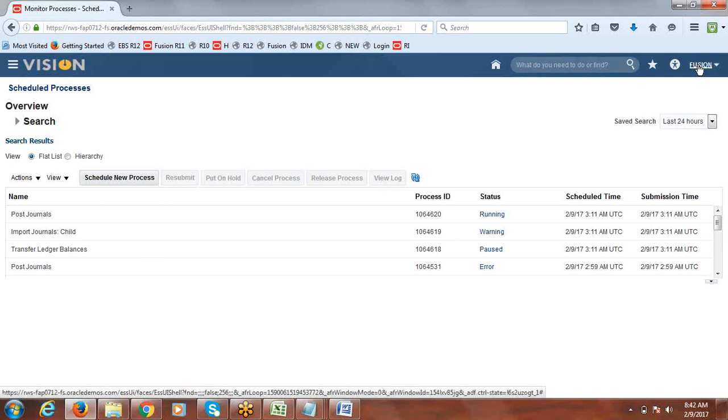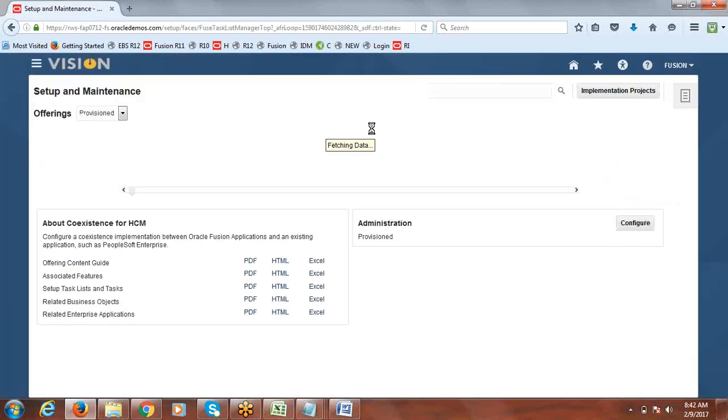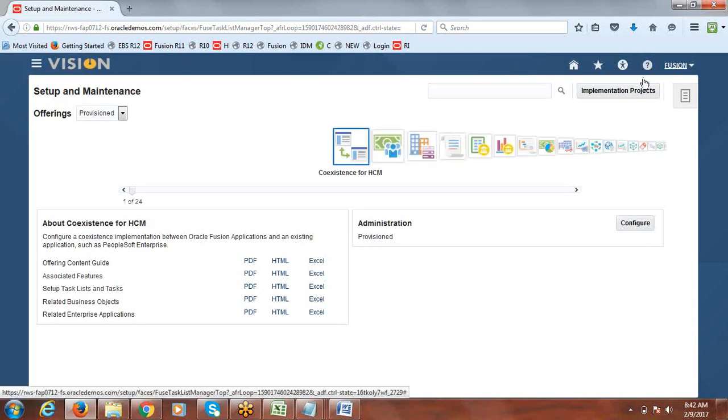We'll set it at our primary ledger level also. But we already did the translation, so it should not happen in that case, no issues.